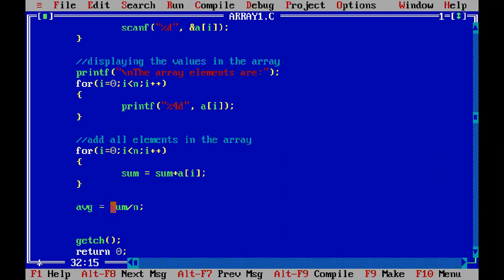So what you have to do is declare the result of sum divided by n as float. Whatever result you get after dividing sum by n, you will first get an integer value because sum and n are both integers. Then that integer will be converted to float, so you will have a decimal value, and finally the decimal value gets assigned to average. Here we will simply display the value.